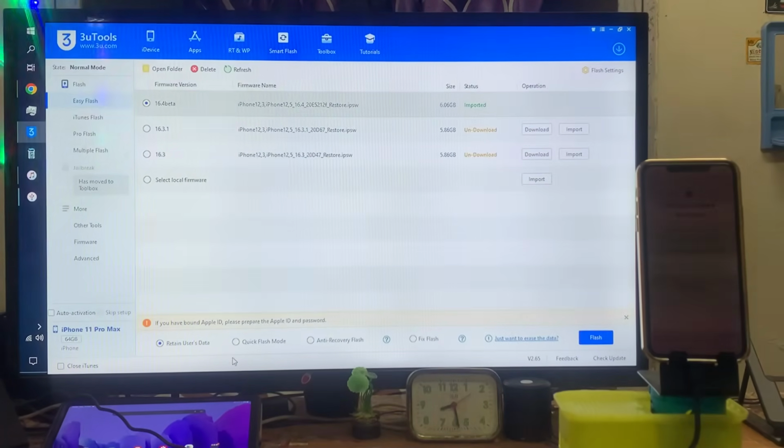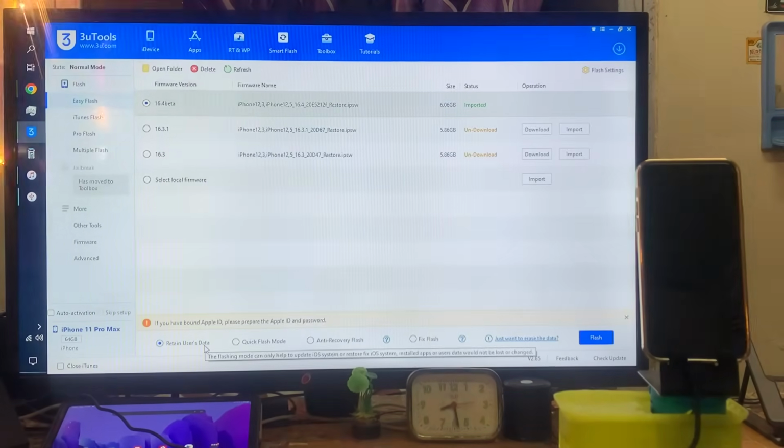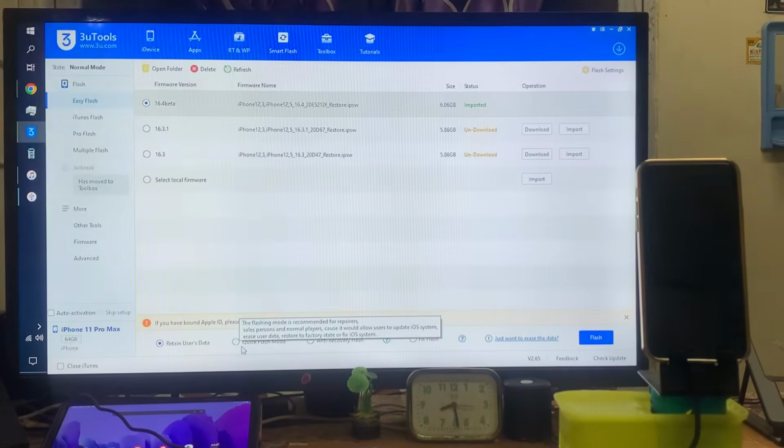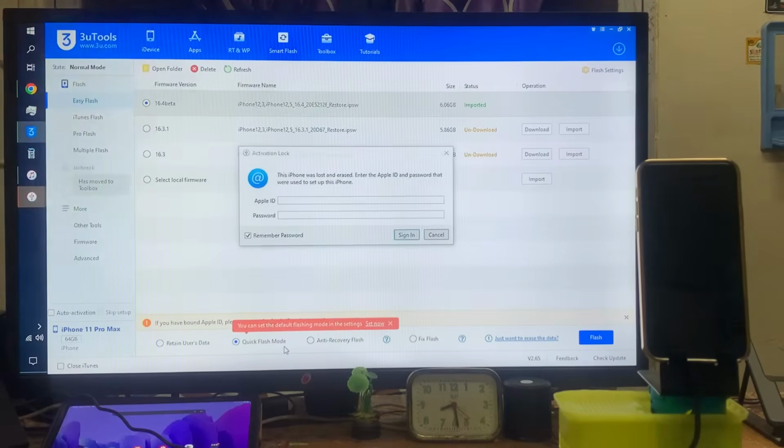Then of course we will choose here retain user data. We don't choose this one. We want to go with the quick flash and fixed flash. So of course we will choose this one, quick flash. Why? Because if we choose the retain user data,